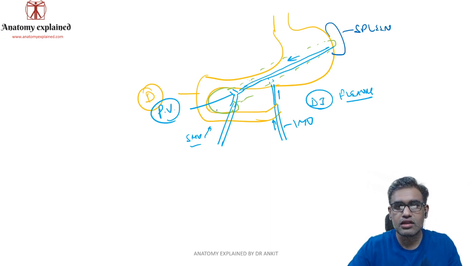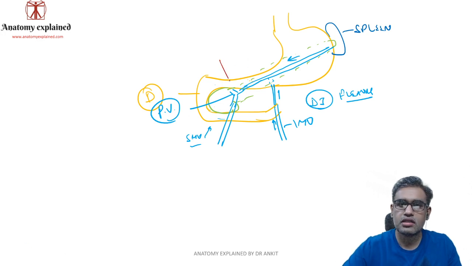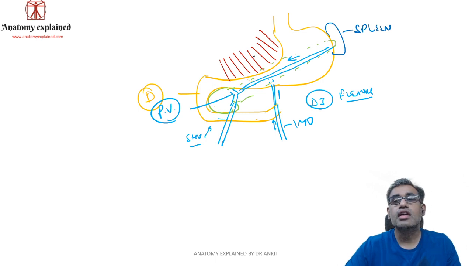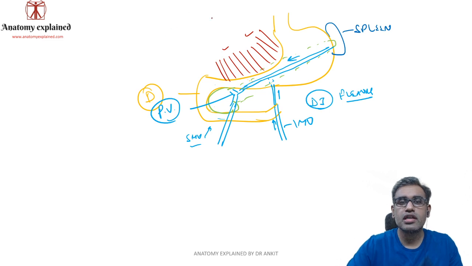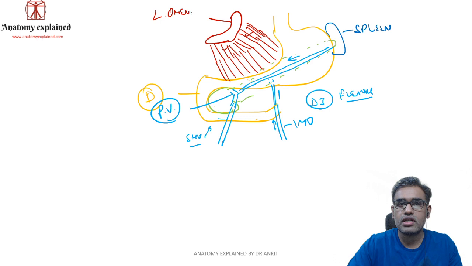Now this organ, the pancreas, is retroperitoneal, and most of the duodenum is retroperitoneal. But if you slightly remember, let me show you with this color. Which ligament was this? This was our lesser omentum, or we can say the hepatogastric and hepatoduodenal ligaments. Where was it going? It was trying to attach like this on the posterior visceral surface of the liver. We just did a previous video on the peritoneal ligaments of the liver. You can check that out also. So this is where our lesser omentum meets the liver. This is the attachment of the lesser omentum to the liver.